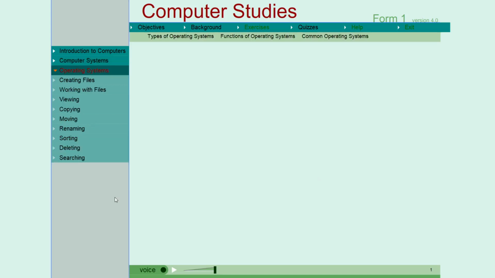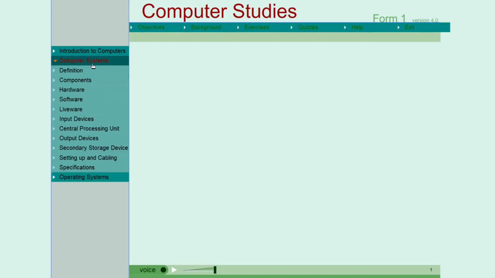It is a software that controls the hardware and the software resources and the activities that take place in a computer. It also creates a link between the liveware, the hardware, and the software. Computer systems. In this lesson, we shall learn